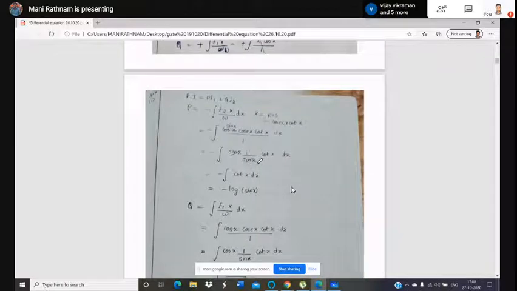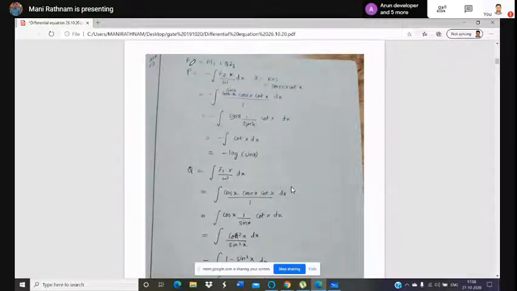Now we can find the particular integral. The particular integral formula is PI equals P f1 plus Q f2. Capital P and capital Q have different formulas to find them. Then only you can represent the particular integral directly. Here you should not choose any type based on the RHS function. In the previous sessions we discussed exponential as type 1, trigonometric as type 2, algebraic as type 3. Here we just use capital P and capital Q as a set of formulas. With the help of these formulas, we can find the particular integral directly.